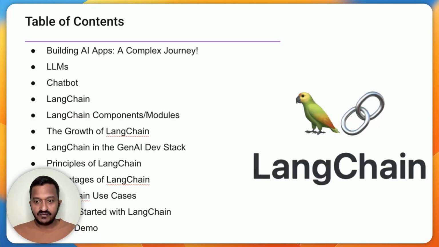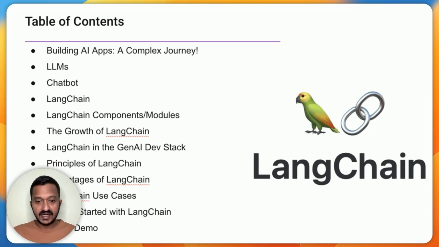So this is the table of contents. This is what I'm going to talk about in this whole video. Building AI applications, how complex this journey is. We will talk about LLMs, I'll talk about chatbots, and then I'll talk about how LangChain came into existence. And then I'll talk about LangChain components, the modules, the growth of LangChain,